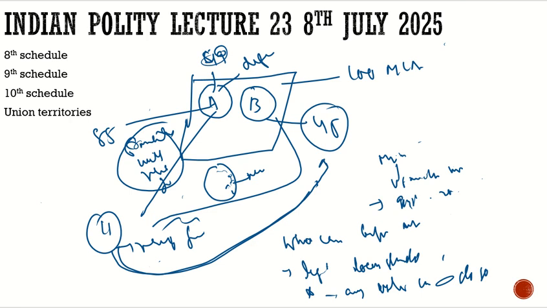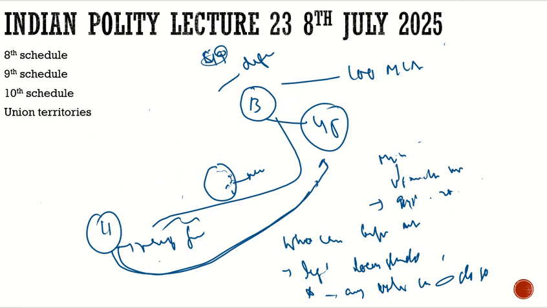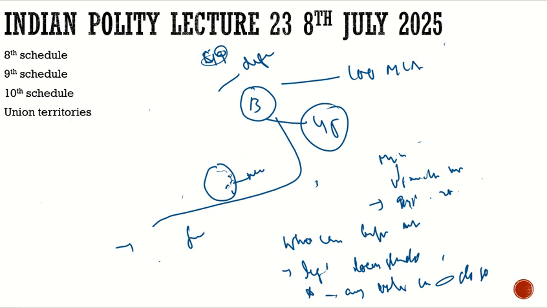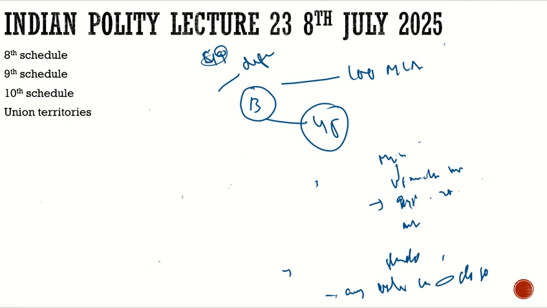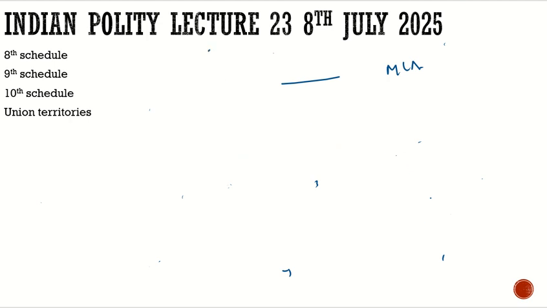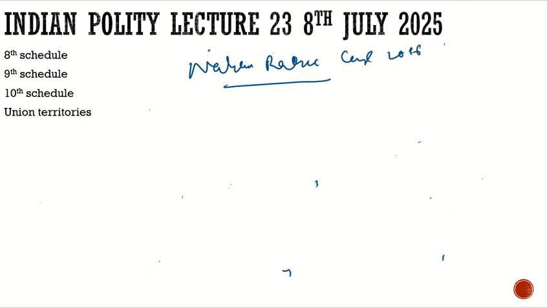Then the last thing about defection, which I guess is important for you to understand, is the Nabam Rebia case of 2016. Let's see what it is about. For example, I'm an MP of a particular political party. I belong to the BJP. I contested for the BJP and I got elected for the BJP. Now I want to defect. But I know if I defect, the Speaker will